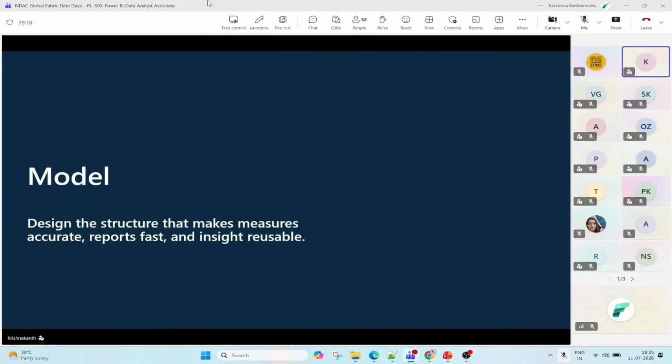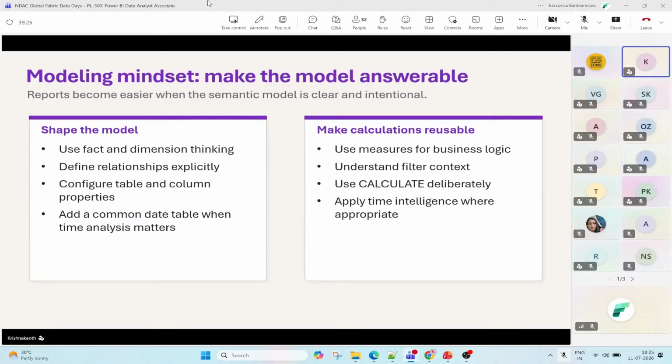So data modeling, basically you have to ensure as a best practice, you have to take care of certain things, right? So you have to ensure that when you are connecting from the dimension table to the fact table, you always have to ensure that data is flowing from upstream to downstream. That means from dimension table to fact table with the cardinality of one to many, not from the fact table to dimension table. It should always flow from the dimension, because we are utilizing the slicer from the dimension table, and we are showcasing certain insights based on the fact table, right?